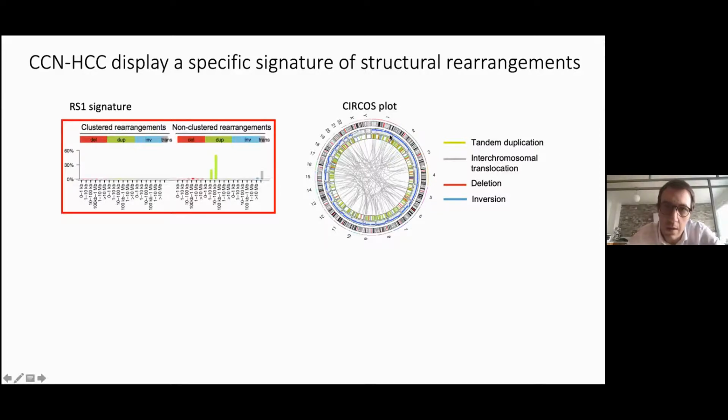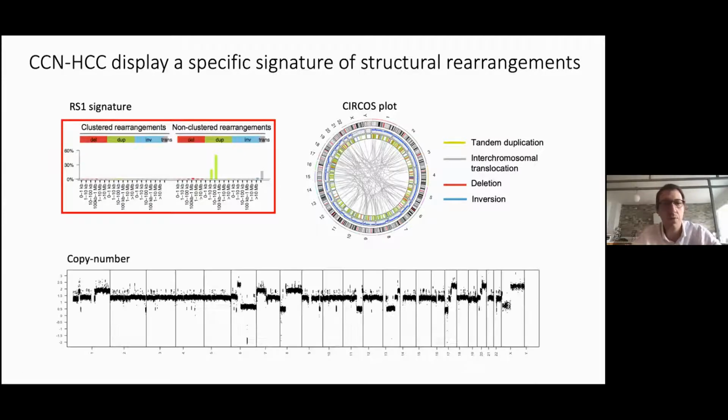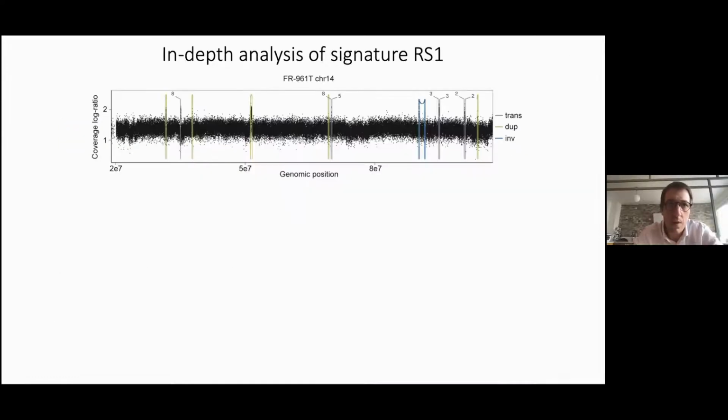Here you can see the abundance of tandem duplications in green and interchromosomal translocation breakpoints in gray. And it also leads to a particular copy number profile with hundreds of focal gains distributed throughout the genome. To get a deeper understanding of this phenotype, now we can zoom on one particular chromosome. Here we are. And now we can see in more detail those very focal gains that are very clear on the log ratio profile. And on top of this log ratio profile, we overlaid the abnormal junctions identified by short-read